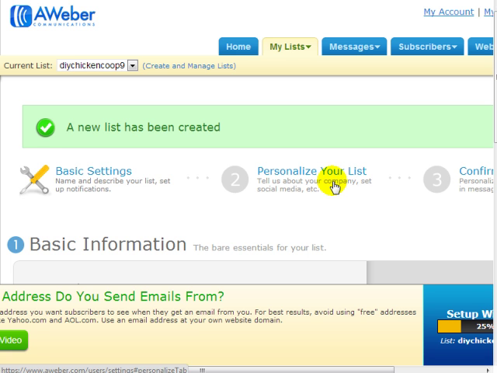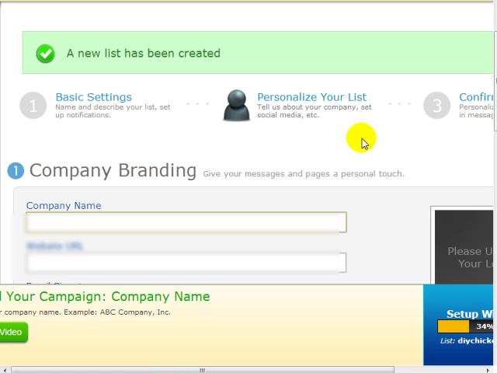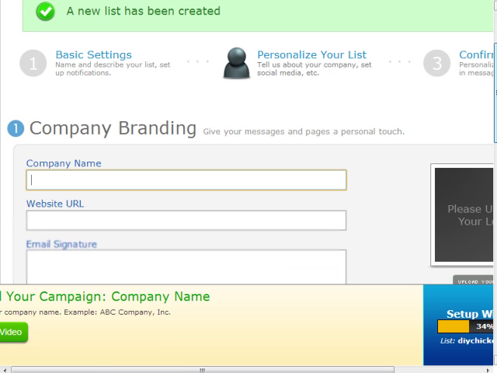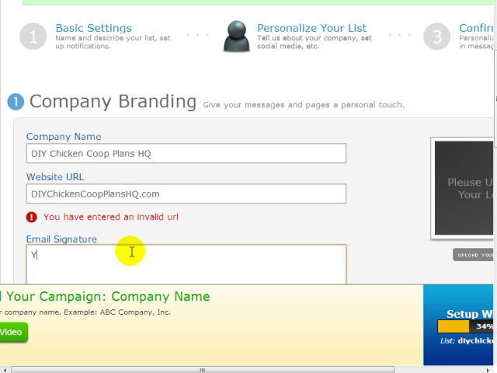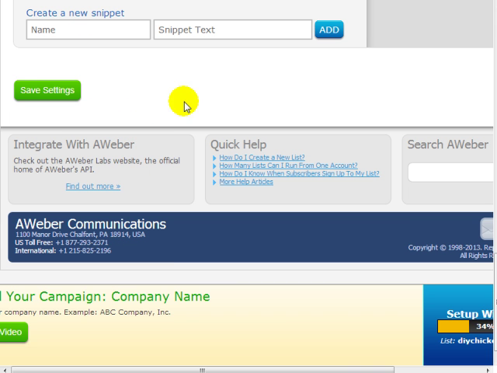Make sure that you click on Save Settings and click on Personalize Your List. At this point, you can enter your company name, which could be DIY Chicken Coop Plans HQ, the website URL here, and then, of course, your email signature, which can be your first name and last name. And once we're done with that, click on Save Settings